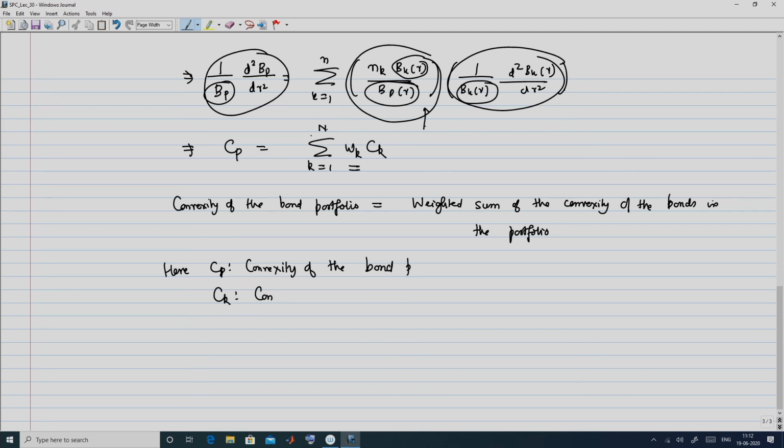C k is the convexity of the kth bond, W k, which was N k B k of R over B p of R. This is the weight of the kth bond in the portfolio,